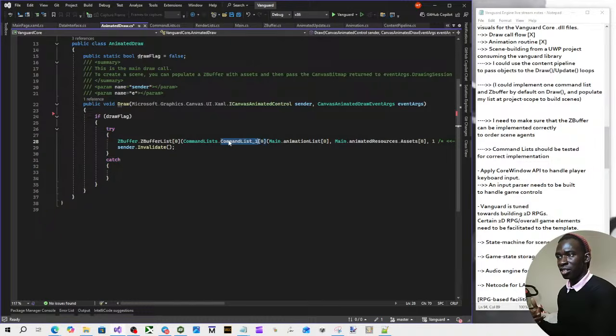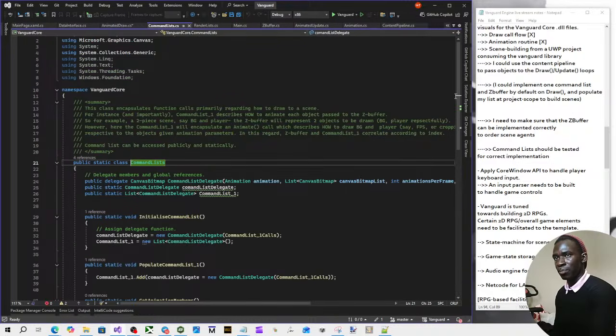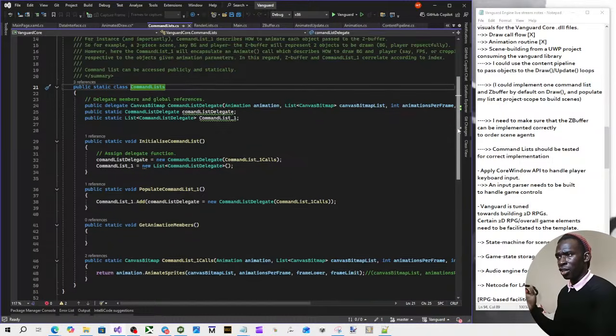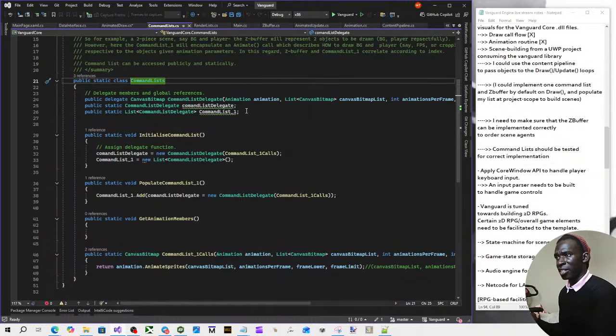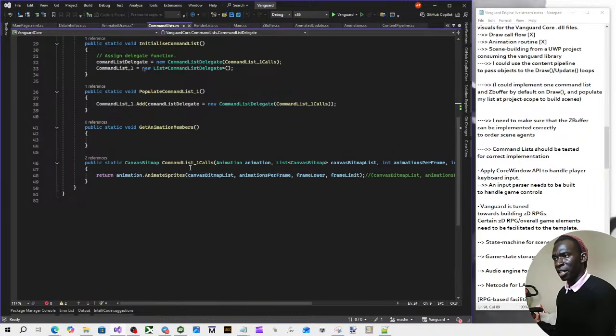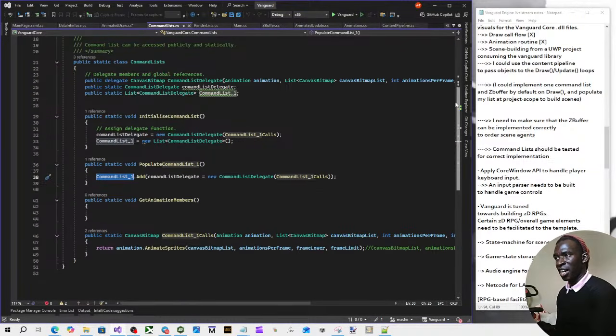My command list is just a list of arbitrary functionalities within my library that I want to expose and store in this construct. And it's convenient because I decided I'm going to make a delegate of an animation routine. So my animation routine has been encapsulated via a delegate object. And I stored that in a list called the command list _1. And so the idea is that now I have this animate sprites routine encapsulated via a command list,